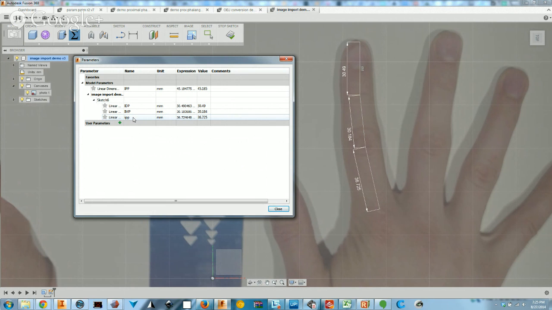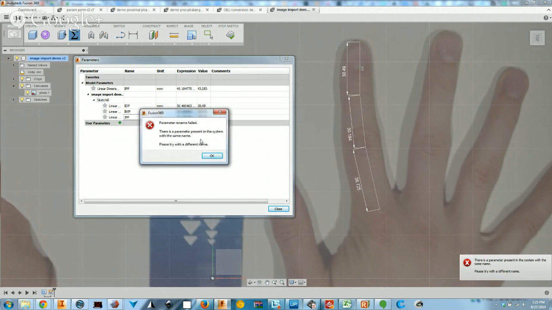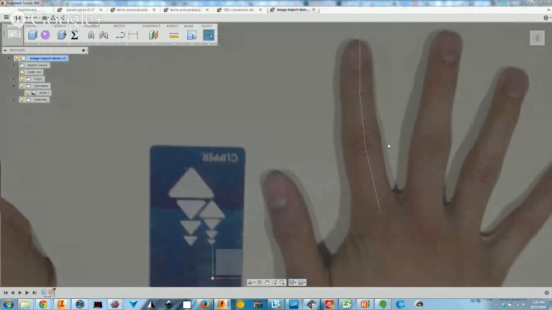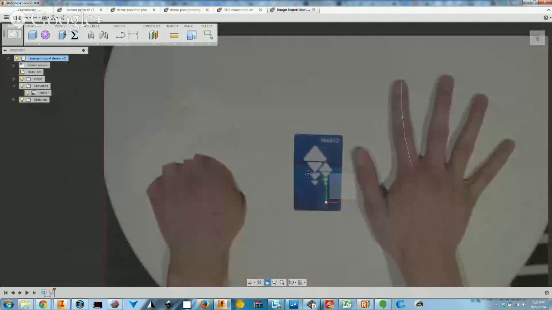Great. So because I was doing a dry run of this demo before, it's giving me a hard time because I had originally called that parameter capital IPP. So I'm just going to settle for lowercase IPP and, just for homogenization, bring these all down to lowercase. You can call these whatever you'd like, as long as it's one sequence. So you can't use spaces, but basically the same rules apply as for labeling variables in code. So you can go ahead and close out of the parameters menu, stop the sketch,